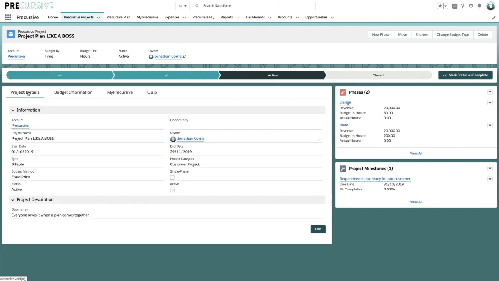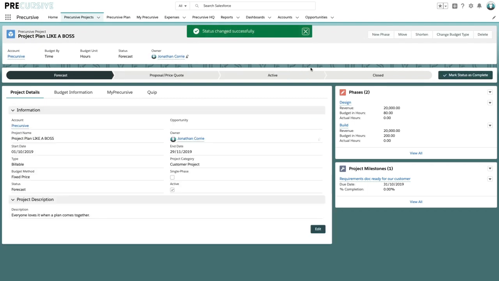We go back to the details here again, just to finish. We could then, as we move through this project, set different statuses on it. So for example, at the moment it is active, but our customers might have work that is forecast or in progress, or indeed sold work, billable work, non-billable work.